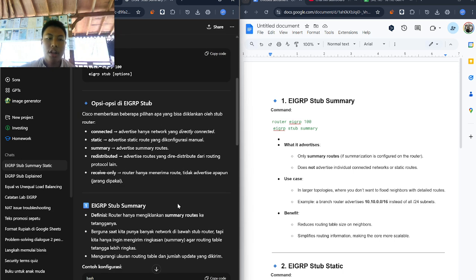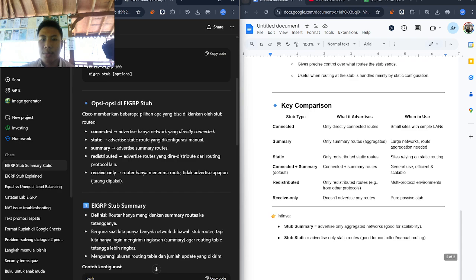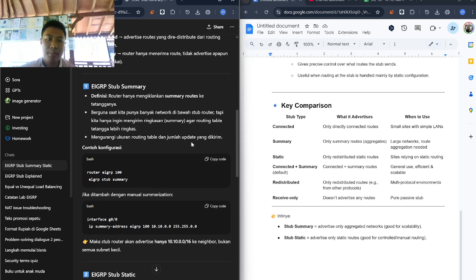This is the option. Before I already told you about this one. This is the key comparison. EIGRP stub summary is a router that only advertises the summary routes to the neighbor, and it is used when we have a lot of networks in the stub router.